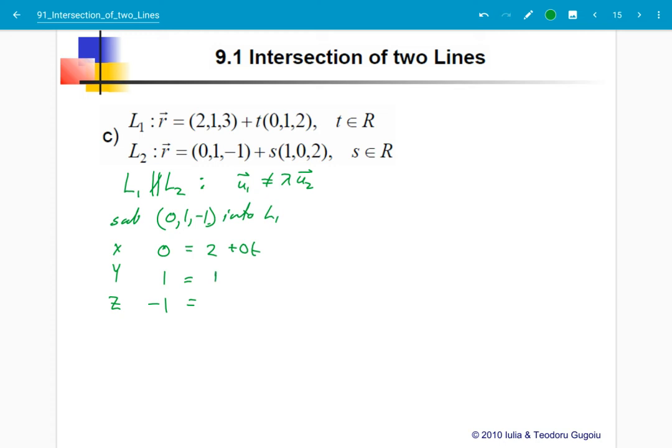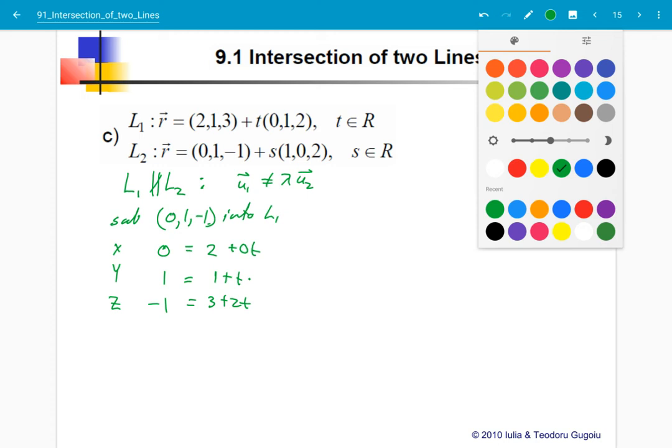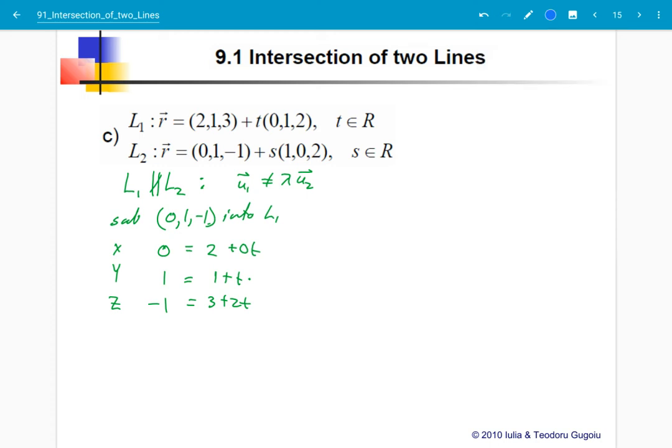It's 1 plus t, 3 plus 2t. So this is 0 equals 2. It's an inconsistent result. So what does the geometry have to be? If they're not parallel and there's no solution,